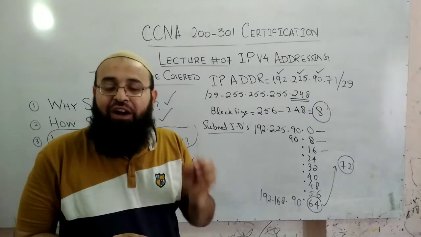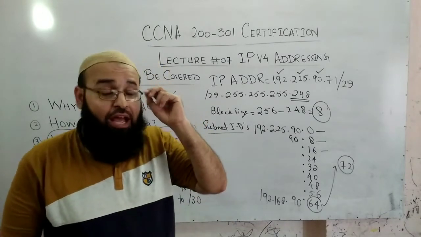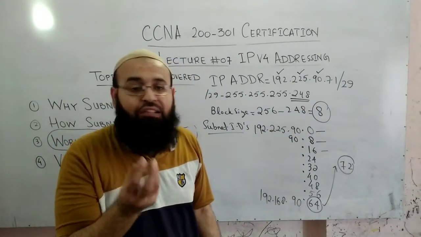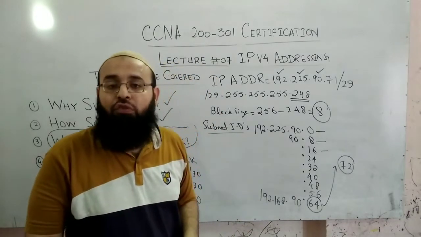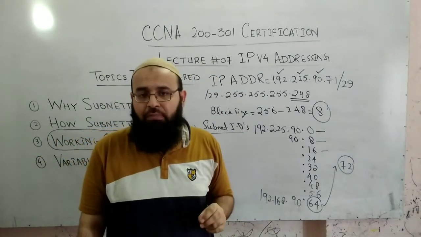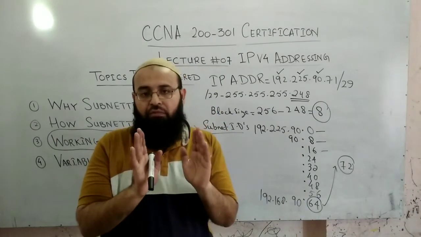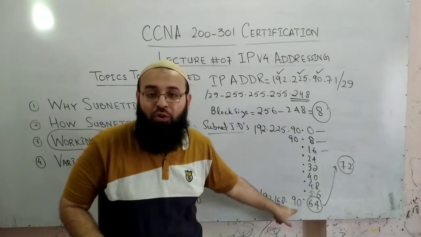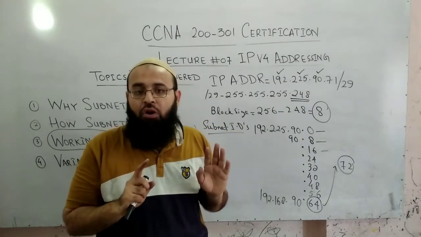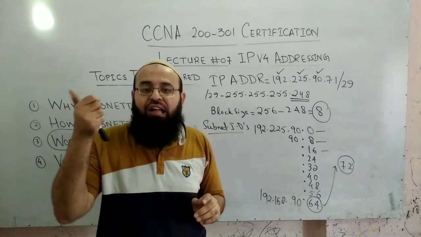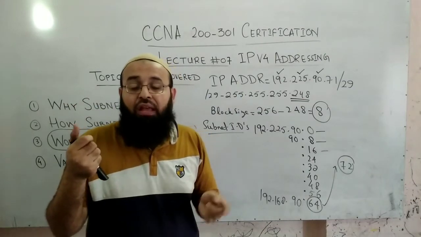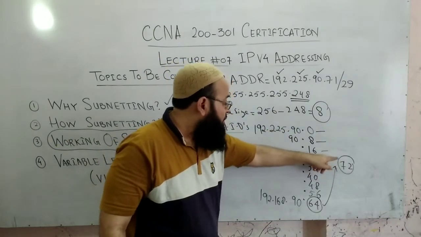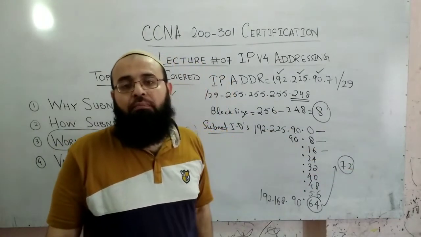And one more thing which I want to tell you about this IP address is that .71 is the broadcast address of this ninth subnet. Why so? I told you in our lecture number 6 that for a particular subnetwork, the first address, 64, is the network ID or the subnetwork ID itself, and the last IP is the broadcast IP. So it is the last IP address because from 72 the 10th subnet will be starting.